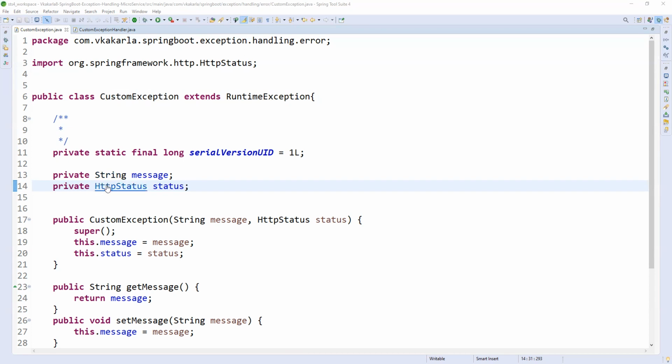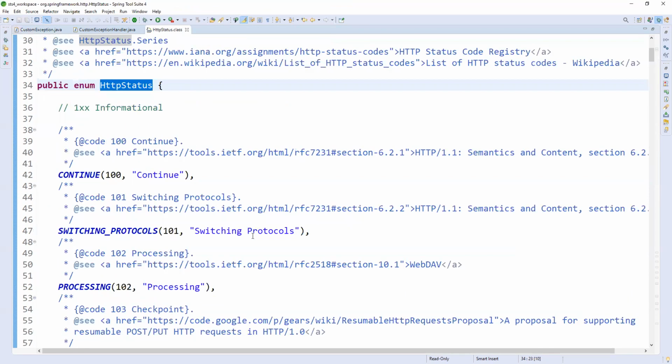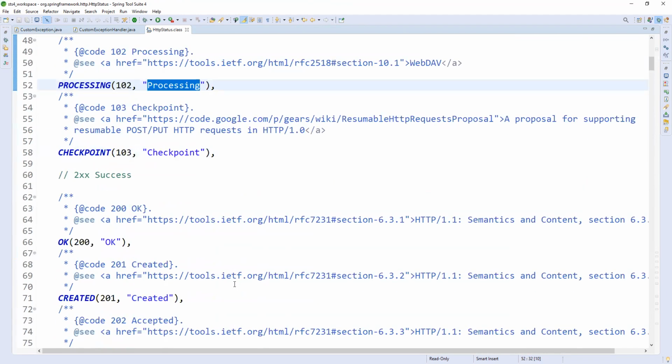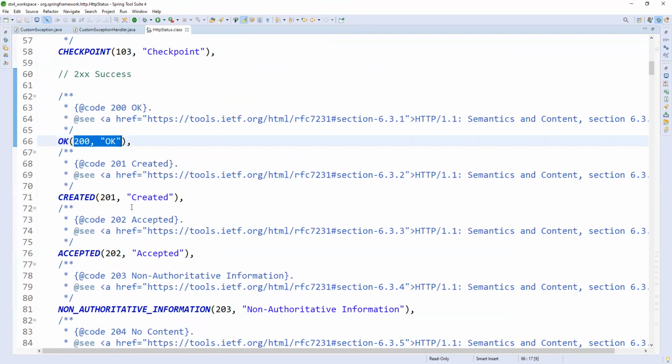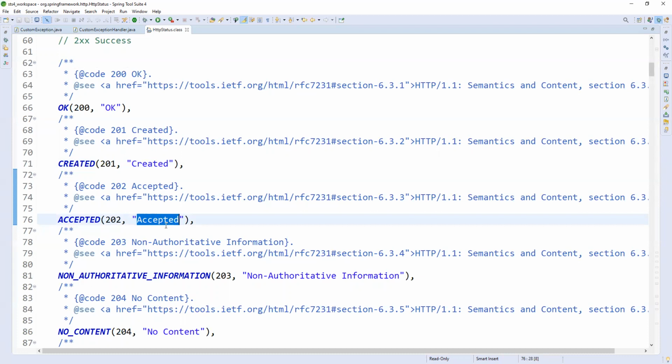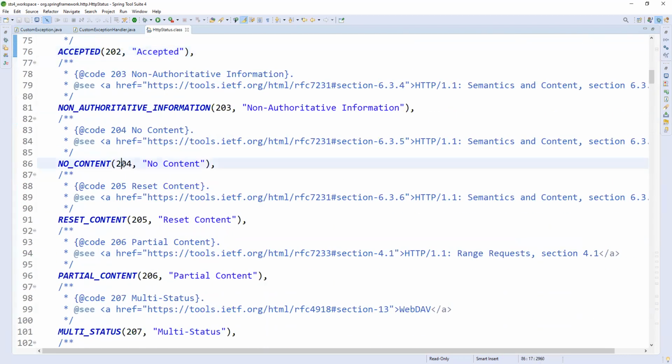Here we have 200 OK, 201 created, 202 accepted. Accepted means payment-related things we can use this for. Whenever we are processing a payment, it is accepted, so at that time we use 202 based on the scenario. And 204 is no content, which we can use for delete operations.